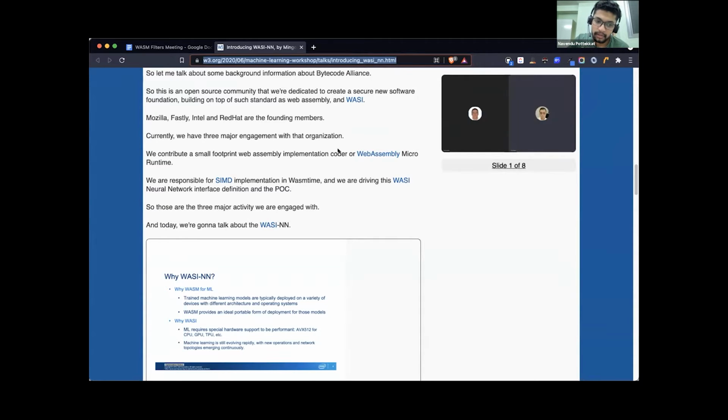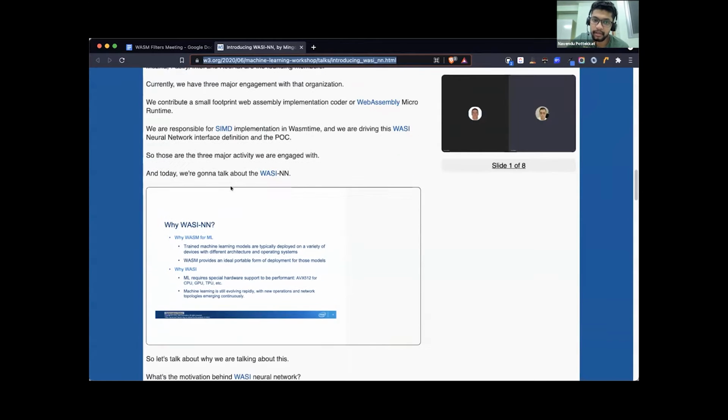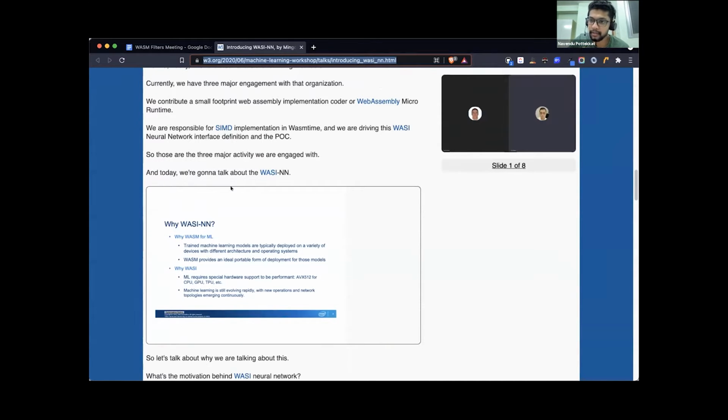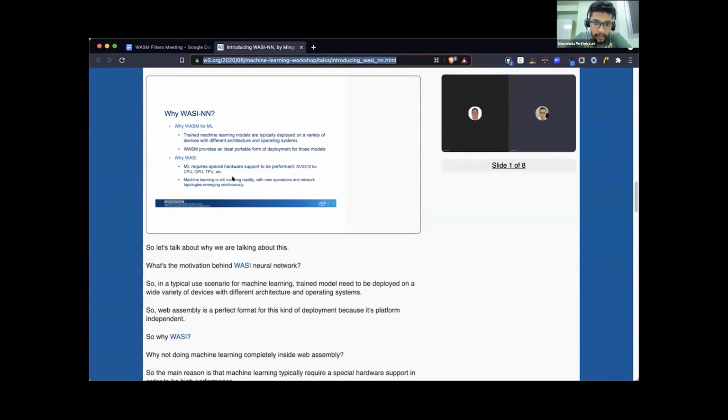WASI neural networks comes with such a capability: you can utilize the inbuilt CPU architecture more effectively, so you can use the full capacity of the system in which you are running. If it has a GPU, then we can natively run it on the GPU. That is what I was thinking. Nice. Yeah.